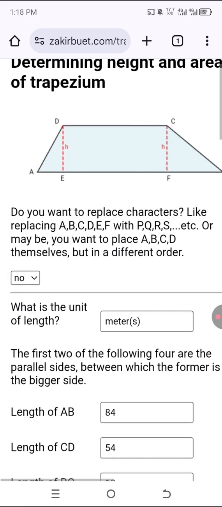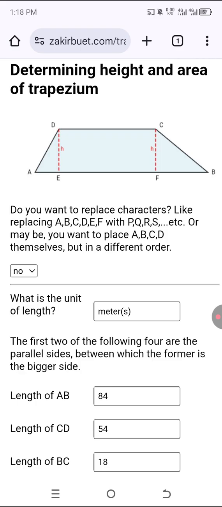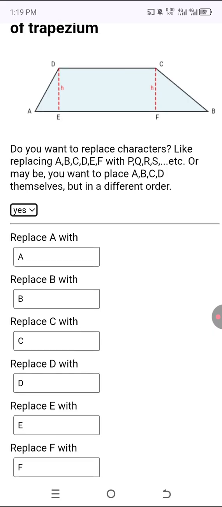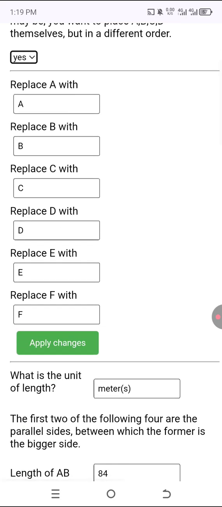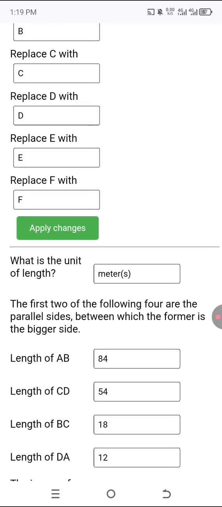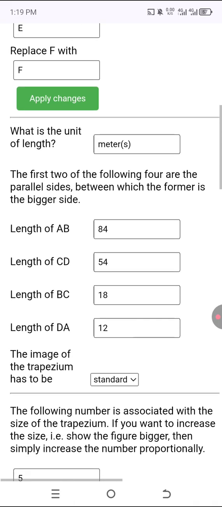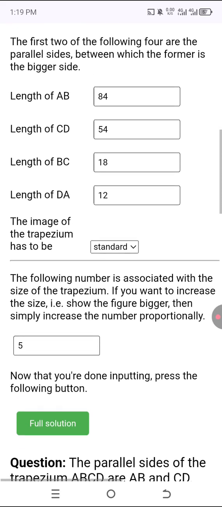So here it is, do you want to replace characters, like replacing A, B, C, D, E, F with P, Q, R, S, etc., or maybe you want to keep A, B, C, D themselves but in a different order? If you want any of this, then you will have to choose yes, and then you will be given the option to replace A with whatever character you choose. After that, you will have to choose the unit of length, and then you will input the lengths of the four sides,